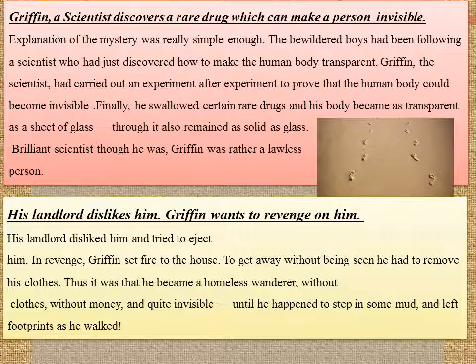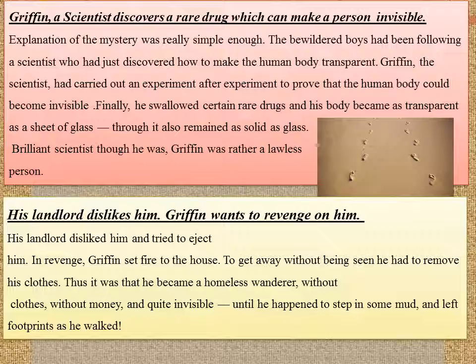The explanation of the mystery was really simple enough. Two boys suddenly noticed a few muddy imprints of bare feet. They started wondering what a bare-footed man was doing on the steps of a house in the middle of London. They also started thinking, where was the man, as he was nowhere to be seen. They suddenly saw another footmark. The man was still not visible.